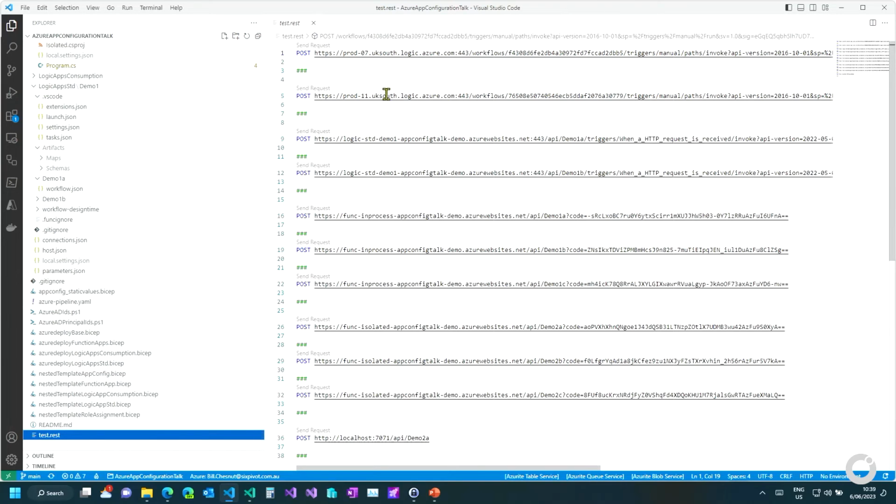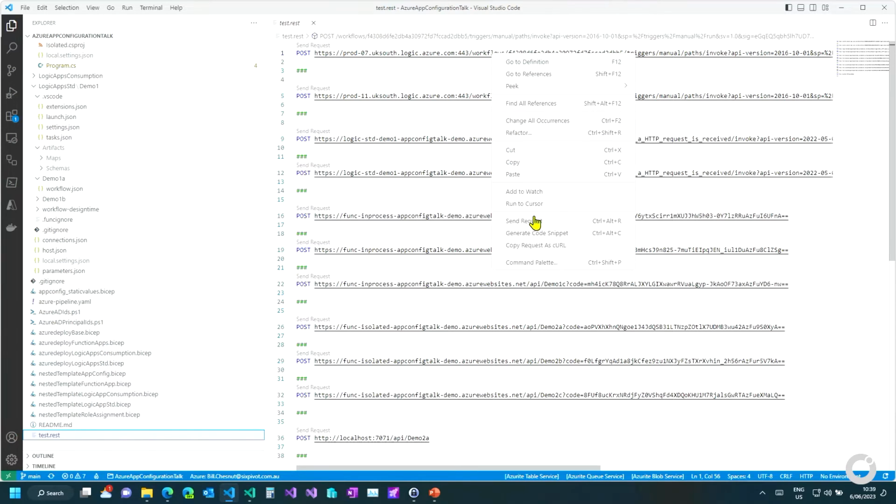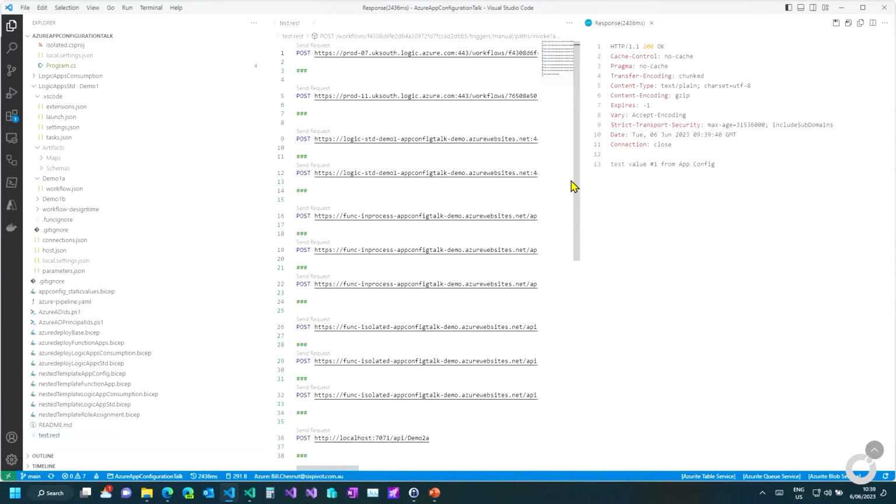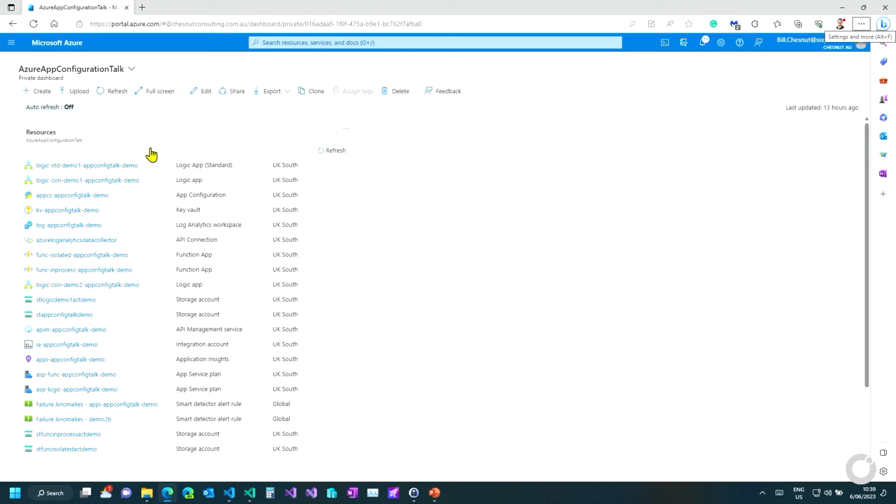But I basically have here where the first one is our logic app. So if we do a send request, we'll see how happy the demo gods are. So it did work. So we've got test value 1 from app config. So what we can do is we can go in here to our app config, and Stefan talked about the cloud framework and the adoption framework. I actually, at the last minute, changed all the names to match the new abbreviations that Microsoft have published. So it's APPCS